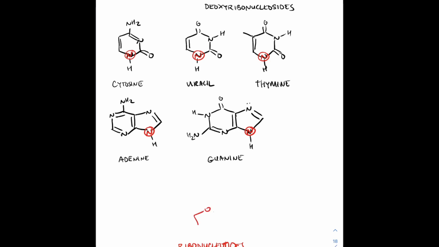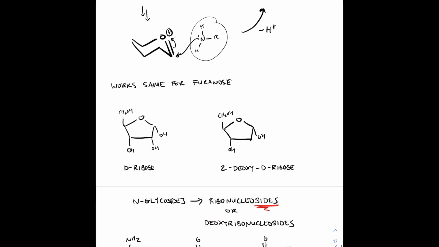But wait, hold up, wait a minute, don't go there because I ain't with it. I thought it was called a ribonucleotide. Well, we're not there yet. So when you react, let's say, cytosine with ribose, you get a ribonucleoside. It doesn't become a ribonucleotide until you react that CH2OH group with a phosphate. So that OH is replaced with an OP bond, and only then do you get a